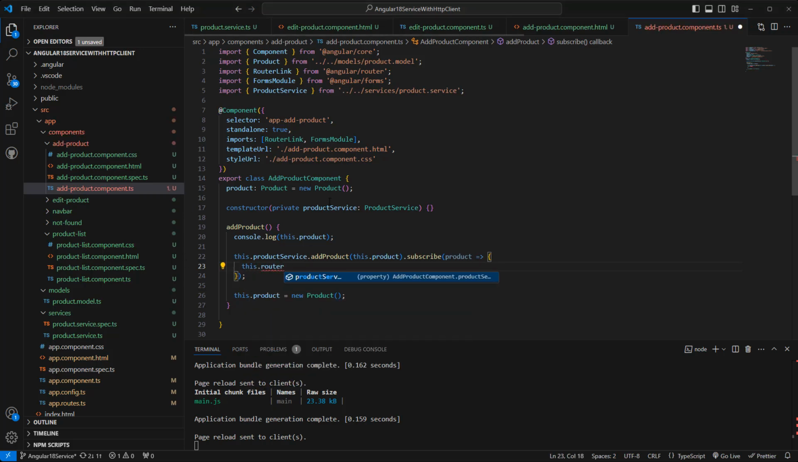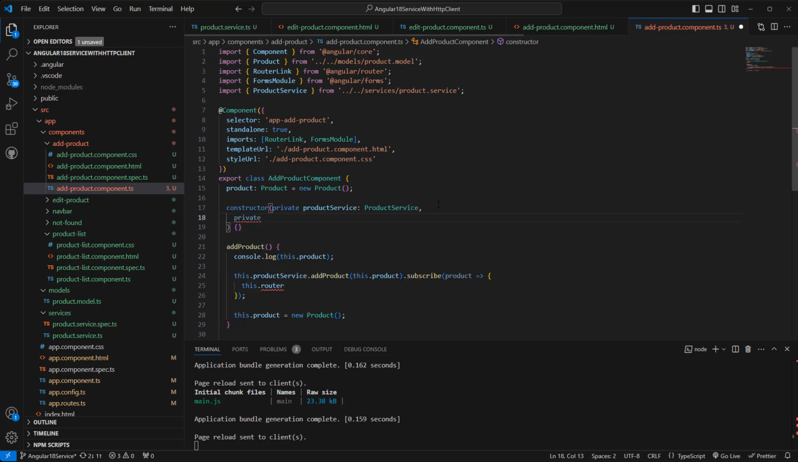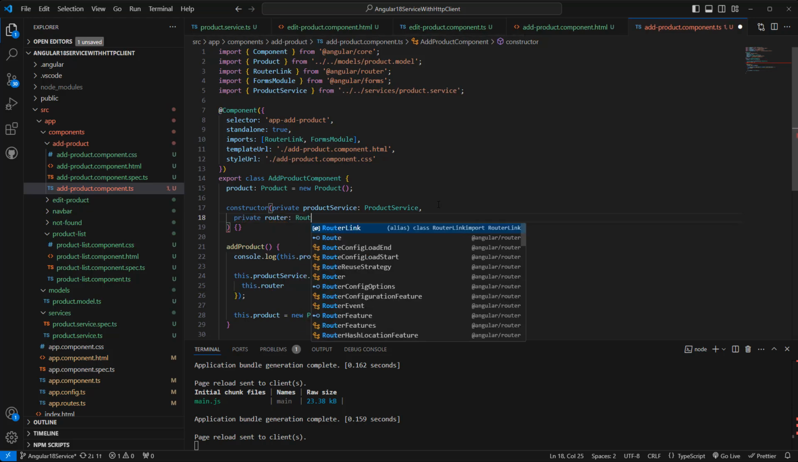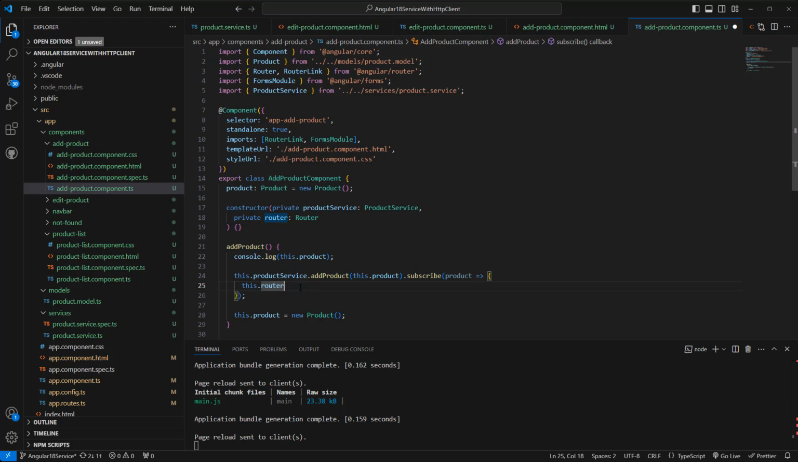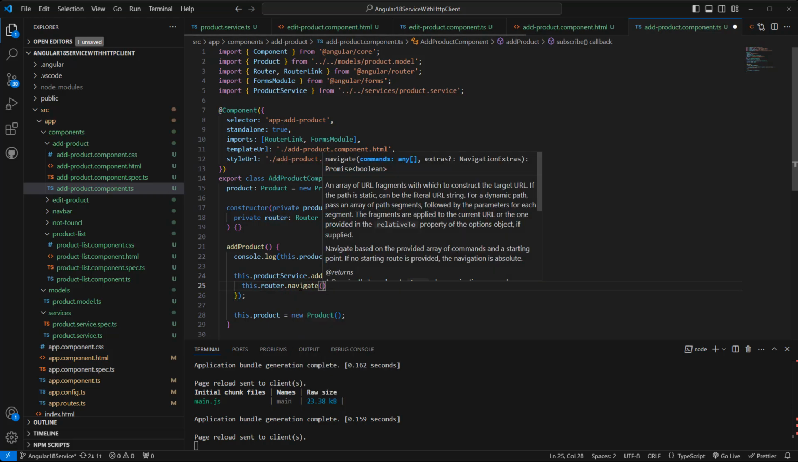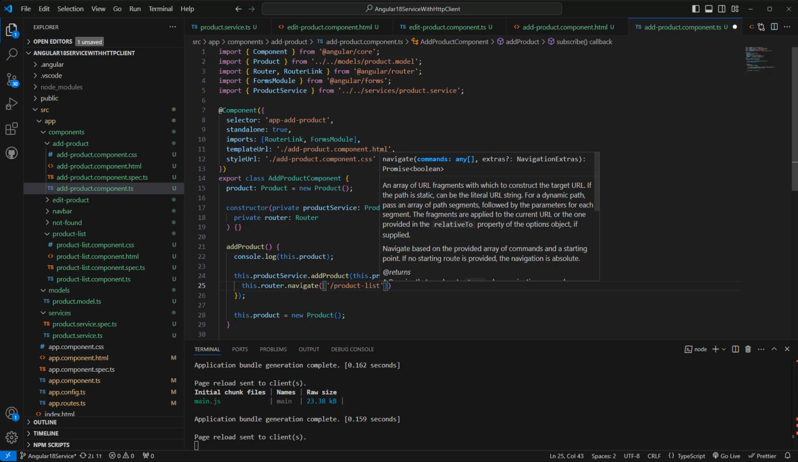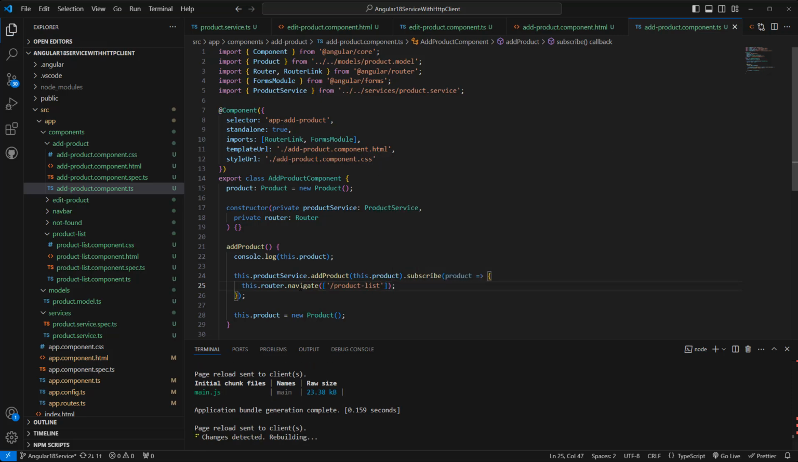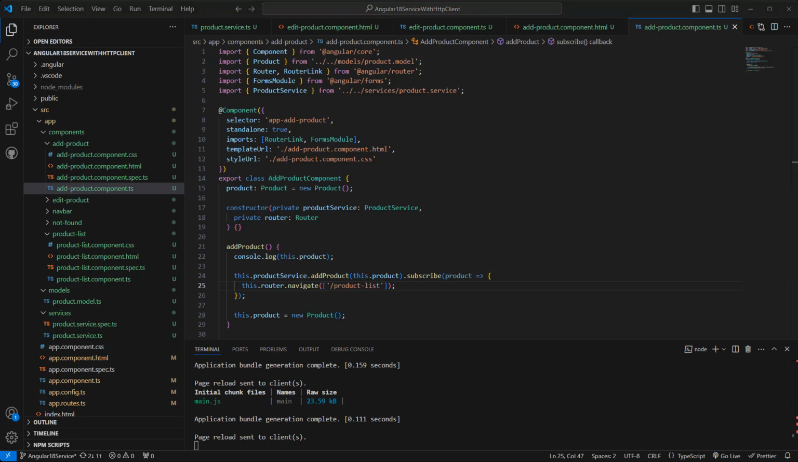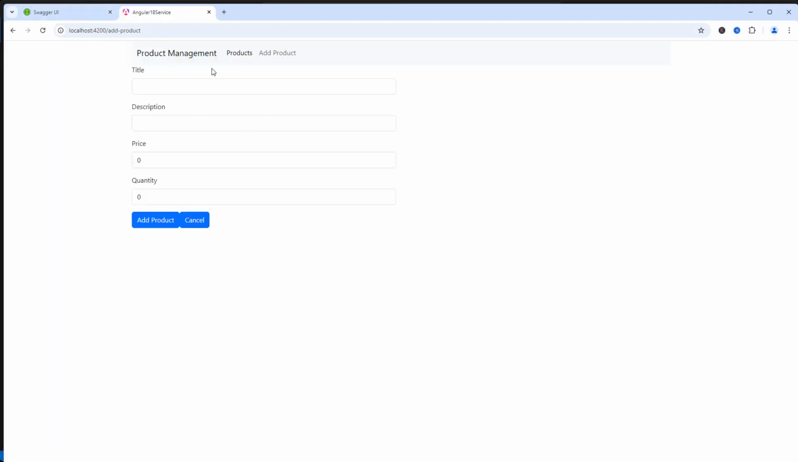So we need a router. Okay, constructor. Here we can inject the router. This is the router. Okay, dot navigate, and then we can provide the product list route name. That's it. Save that. Let's give it a try. Okay, so I'm gonna give it a test. 1 2 3 test 1 2 3